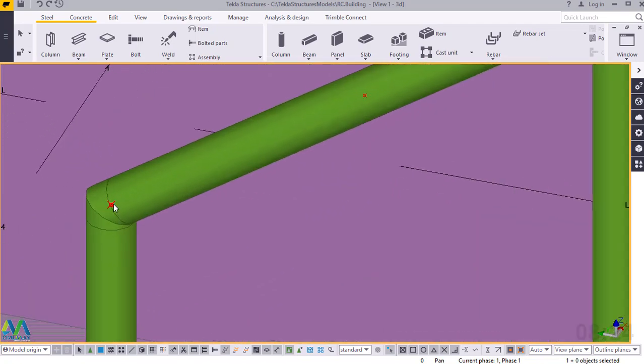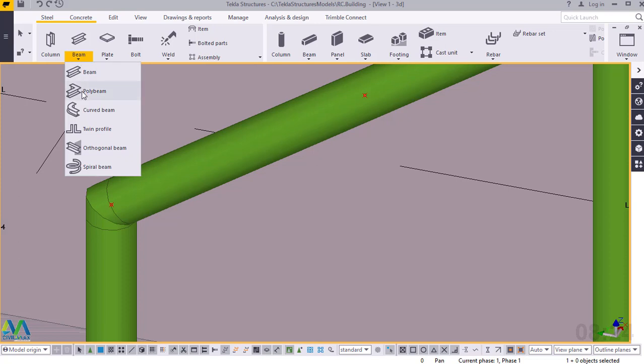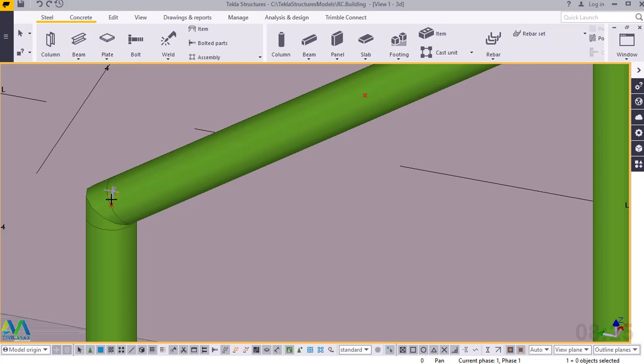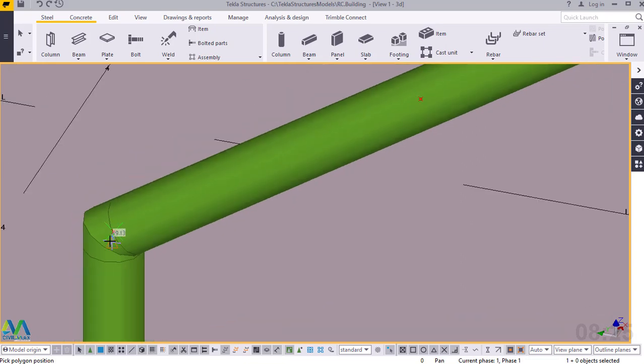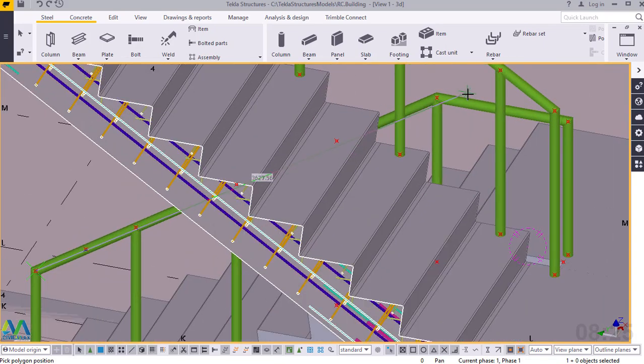Now with the assistance of these points, we'll start placing the rails. I'll pick the polybeam right here. I'll click on the polybeam under steel. Then I'll make sure I'm snapping on the right point here. I'll snap on that spot. Then I'll move all the way to this spot right here